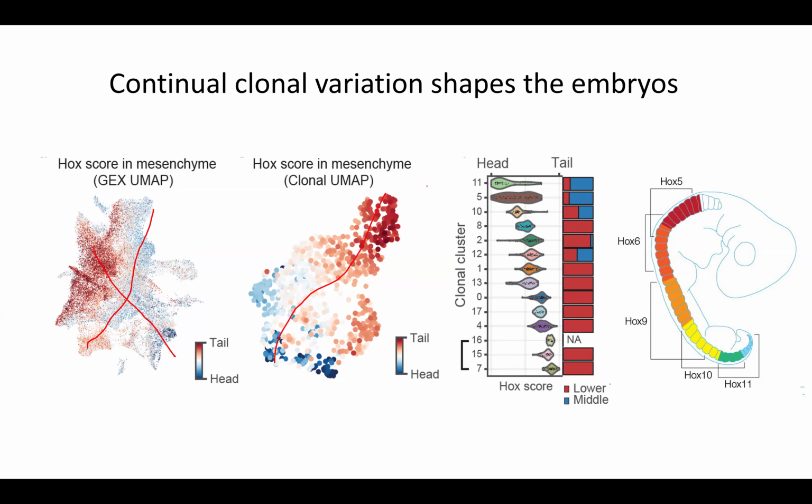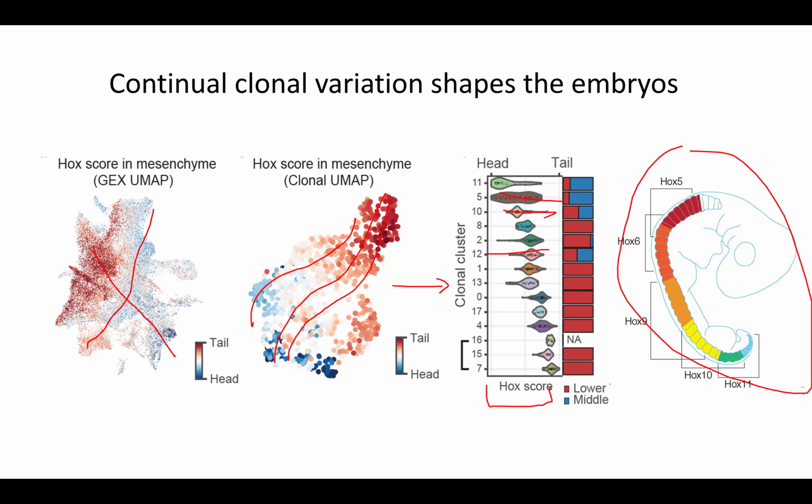And these axes of polarization exist because there is positional information like Hox code in the embryos, and not only Hox code, some other positional information that we fully comprehend today, and we can fish out through this analysis that helps us to understand which genes are driving certain axes of variation, how varying clonal clusters relate